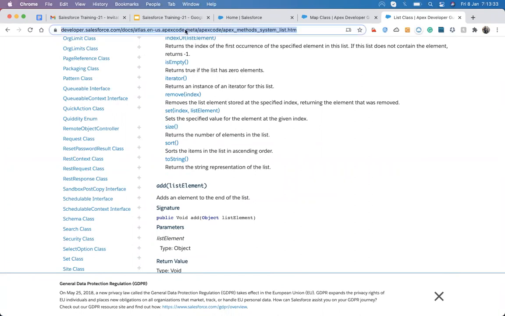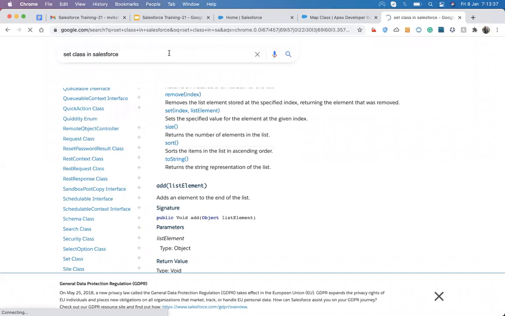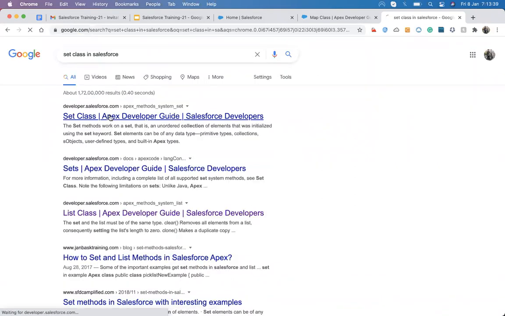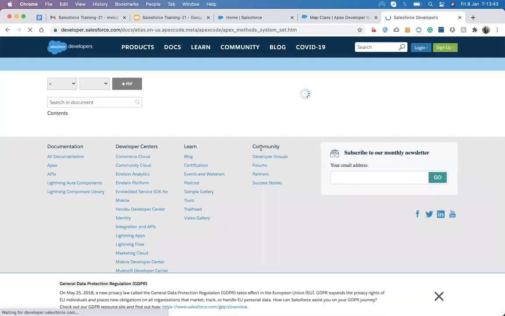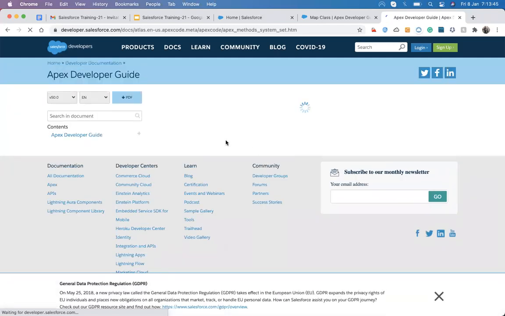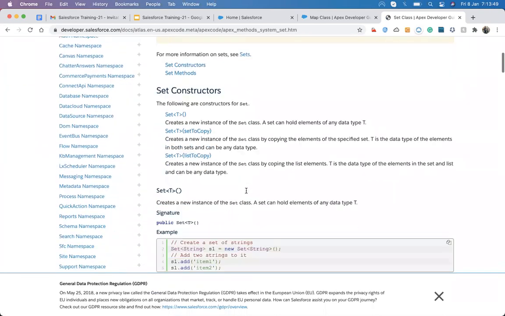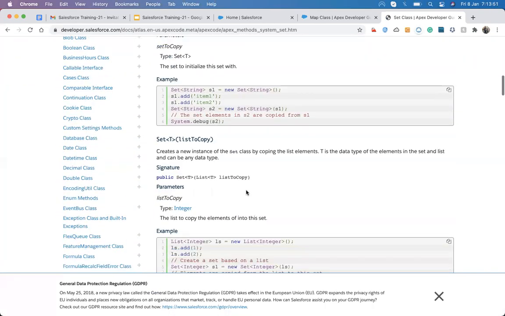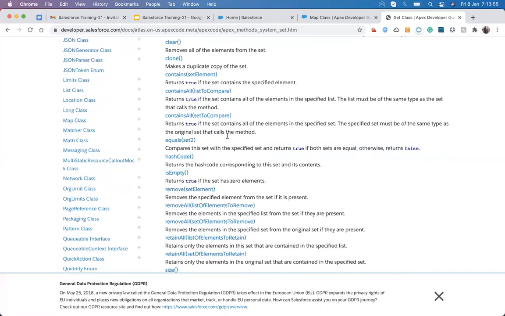Similarly, we have a set class also. All the data types and collection data types in Salesforce have a class, and that class has some predefined methods. Always try to use those predefined methods before you start working.